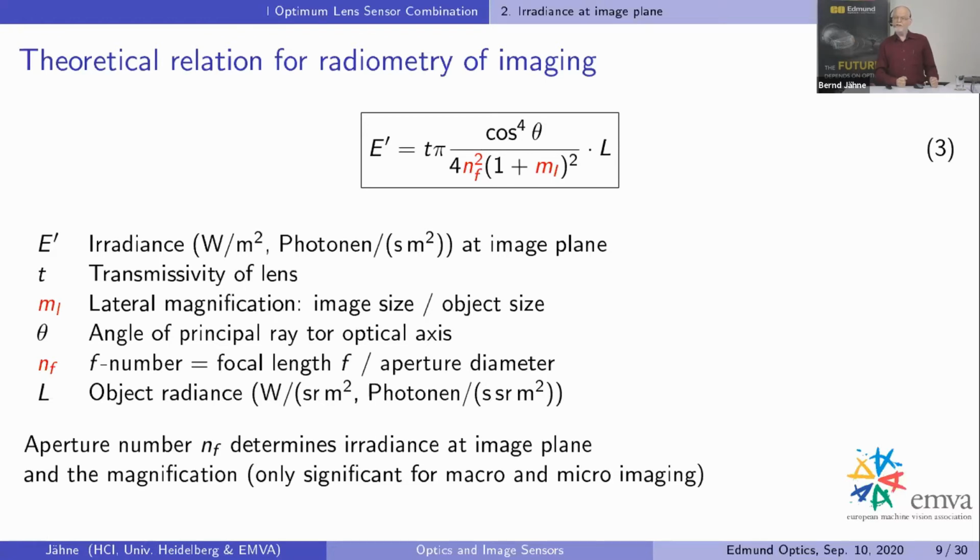So macro imaging, and especially micro imaging with microscopes, you need a lot more light to get a certain irradiance at the imaging. For the normal kind of things where the lateral magnification is small, you can forget that, and it's then only the f number. So independent of what focal length you choose, it's only the f number which defines how much irradiance you get at